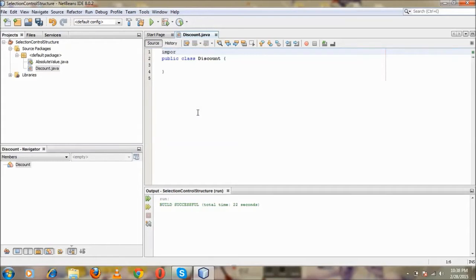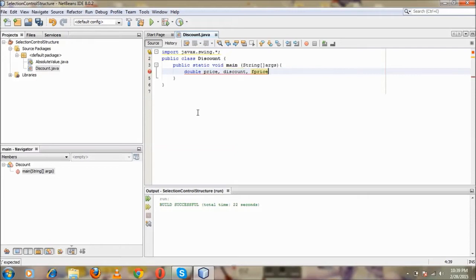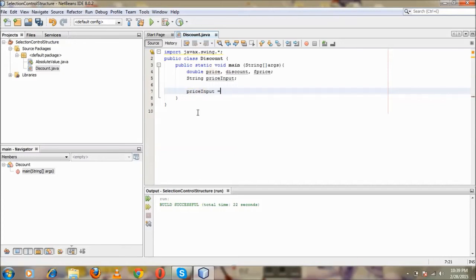Import javax.swing.*; public class Discount {, public static void main(String[] args) {, double price, discount, fprice; String priceinput; priceinput = JOptionPane.showInputDialog("Enter the price of the item"); price = Integer.parseInt(priceinput);